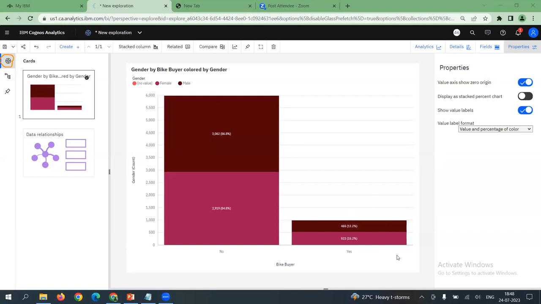Another value added addition in Cognos is, after designing the graph, the most important point that we all should take away, I call it the takeaway, is we have to write the interpretations, right? Could anybody tell me what percentage of male customers have favorably responded, participants? What percentage of male gender respondents have favorably said yes? Look at the graph.